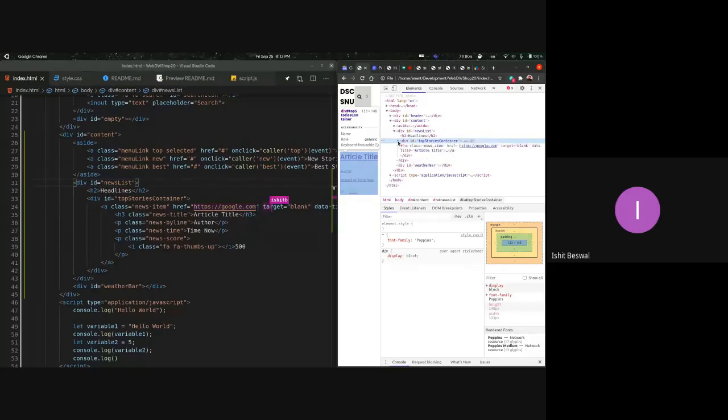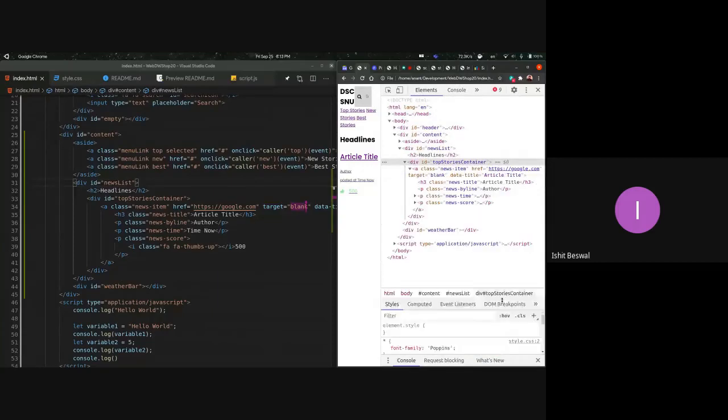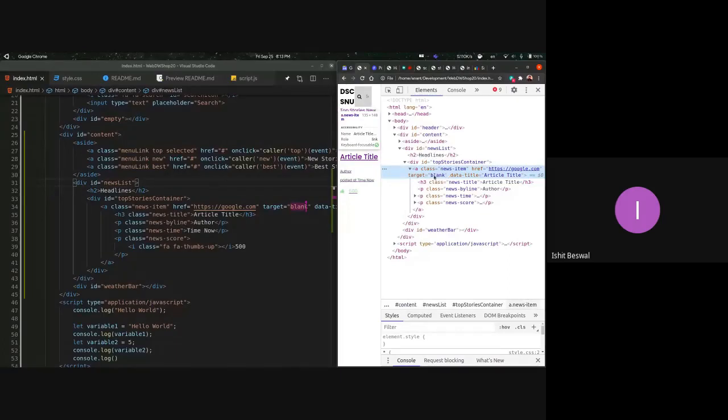The next attribute in the anchor tag is target, and here we've given a target of blank. This basically means that when you click on the anchor tag, instead of taking you to the website on the same page, the browser will open a new tab for the web page. So right now, if it's google.com, then if I click on the anchor tag, it won't open google.com on the same page. Instead, it will open a new tab and open google.com on that.